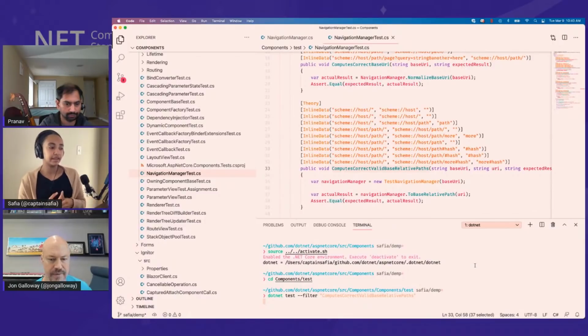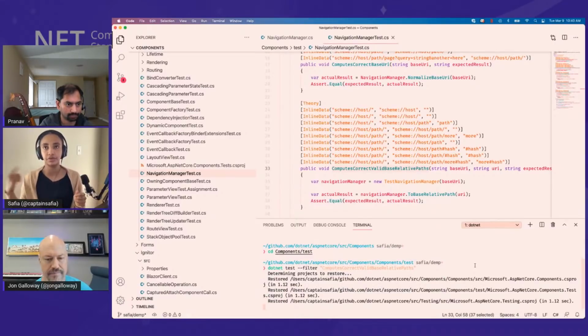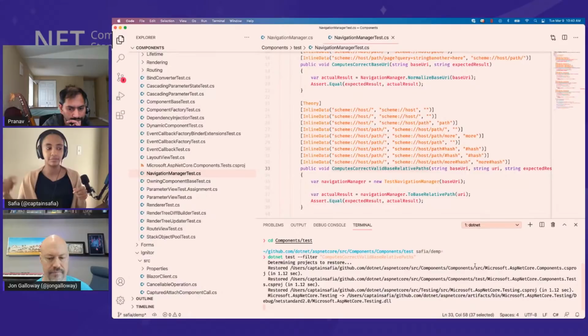And so sometimes I'll use .NET test. Oftentimes, especially if I'm looking for a very quick read, evaluate, change, modify loop, I'll actually do a .NET watch test, and I'll have my test case that I'm curious about running constantly in the background as I'm making modifications. And so if I ever make a code change in the navigation manager, it'll rebuild, and then my test will run on the command line,